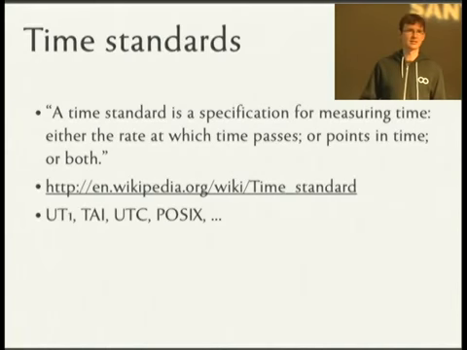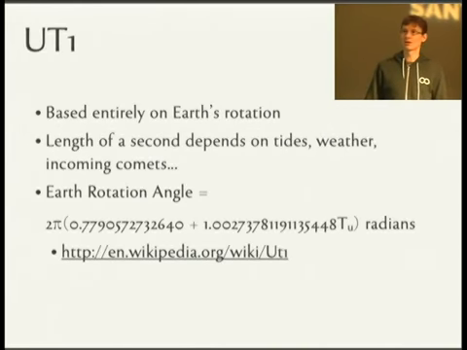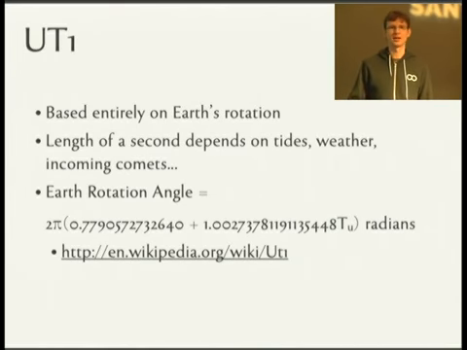And so we define these instants with a representation given different time standards. And there are a bunch of interesting time standards: UT1, TAI, UTC, POSIX, for our purposes. UT1 is universal time, and it is based entirely on the Earth's rotation. It doesn't care about time zones. It actually varies the length of a second based on how fast the Earth is spinning. The tides change that, weather changes that, how magma moves in the Earth accelerates and decelerates the Earth. So it's not actually a very reliable measure.